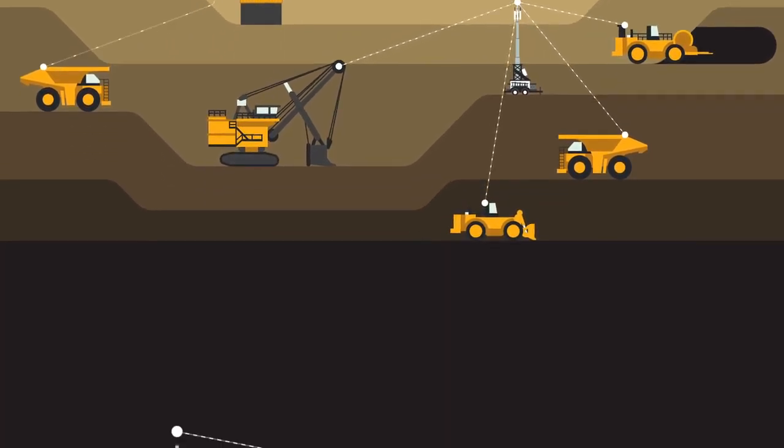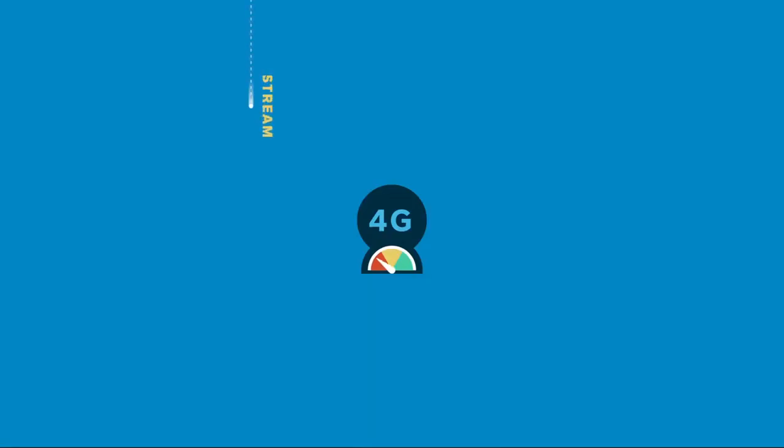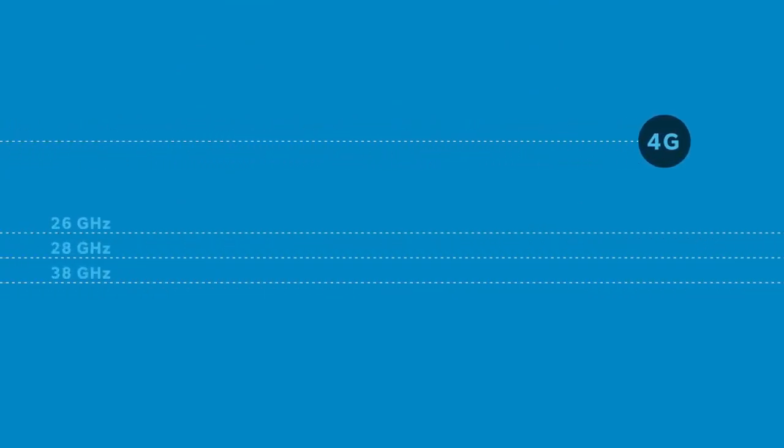LTE data rates also degrade the farther mobile equipment moves from the tower, and most bandwidth is dedicated to downstream access. That means LTE lacks the upstream speeds industrial operations need to run multiple mission-critical apps like CCTV and real-time machine guidance. And although next-gen 5G will take advantage of higher frequencies to deliver data rates faster than 4G, these